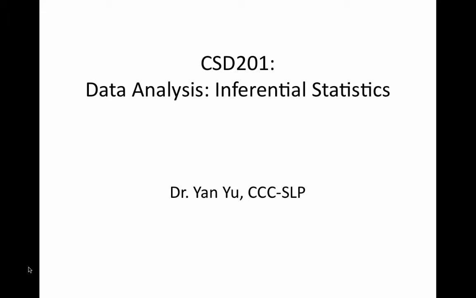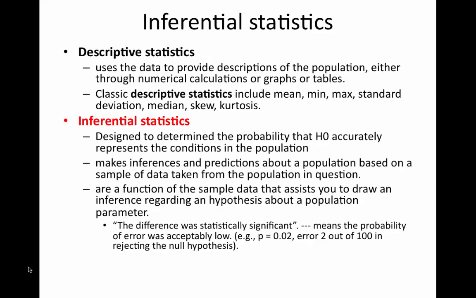Chapter 8, Data Analysis, Inferential Statistics. We spoke about descriptive statistics, which use the data to provide a description of the population either through numerical calculations or graphs or tables. Classes of descriptive statistics include the mean, the min, the max, the standard deviation, the median, the skew, and the kurtosis. Inferential statistics are designed to determine the probability that the hypothesis accurately represents the conditions of